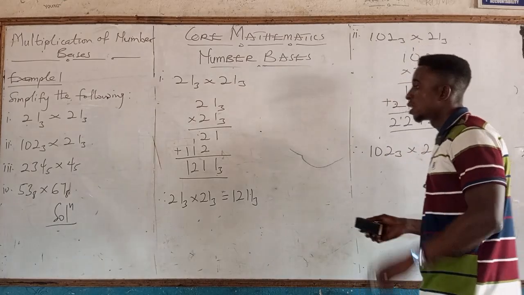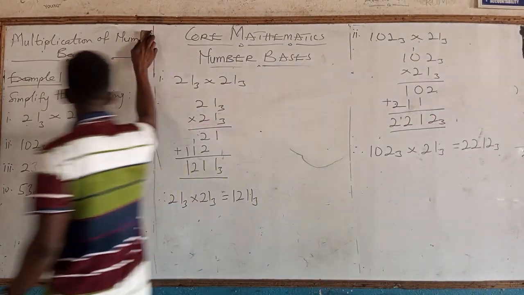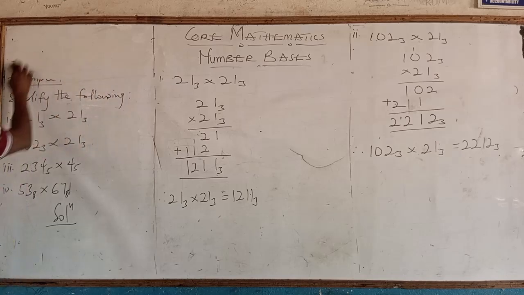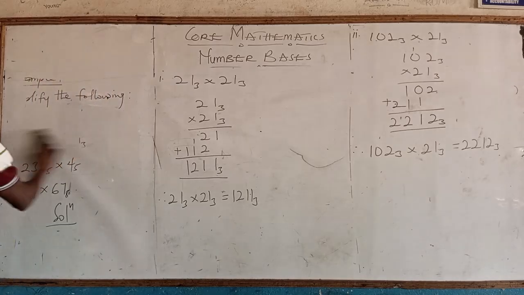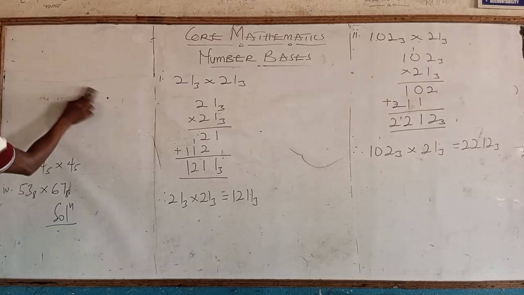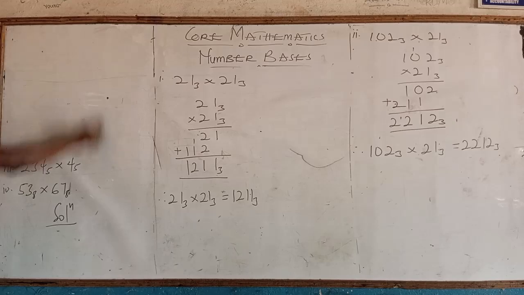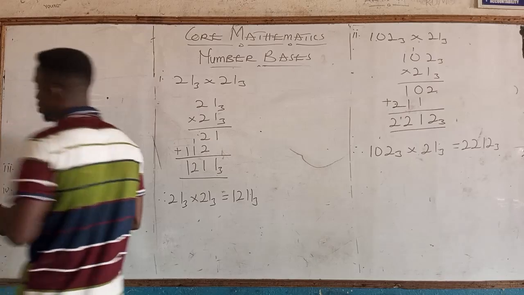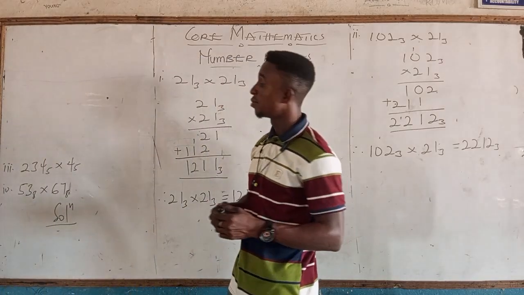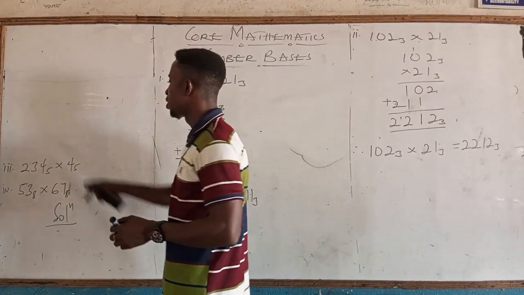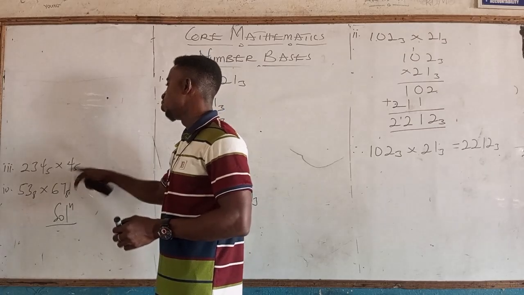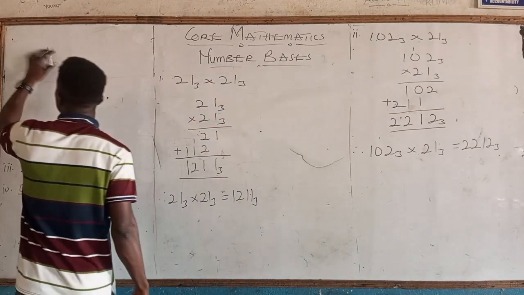Then let's move on to the third one. So should I solve the third one? Okay, let's solve it. I wanted to leave the third one so that you do it for me. Okay. I think you can do this one. I want to solve this. Do this one for me. And in solving the third one,